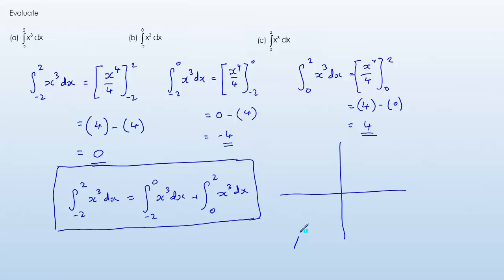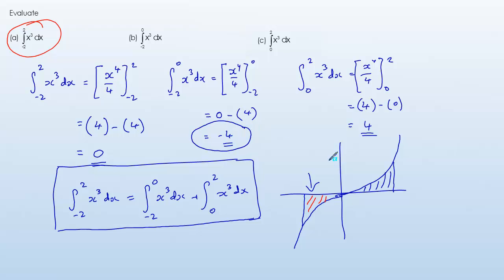If we look at x cubed, it looks something like this. It's got a point of inflection at the origin. And so what we were attempting to do with this integral was work out the total area trapped. The problem is that this area is below, and when you do that by integration it comes out signed as negative, and that's because if we think about those rectangles, they come down this way and the y values are negative. So if we actually want this area here, what we really need to do is ignore the sign on that one,